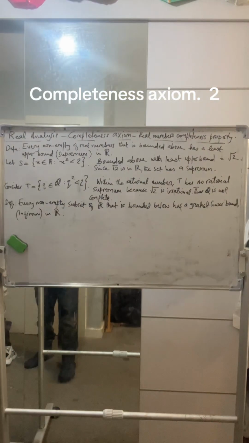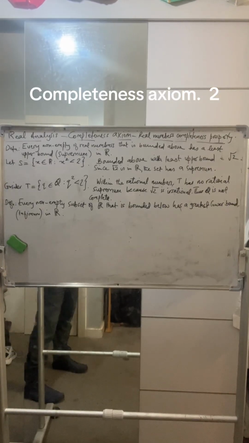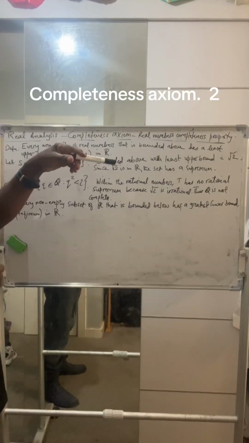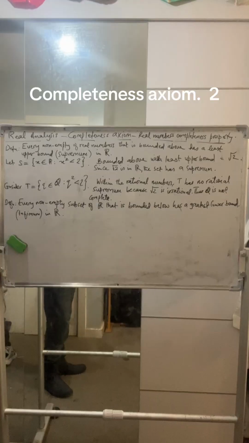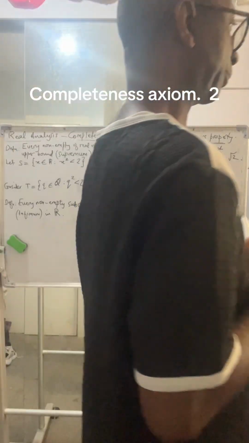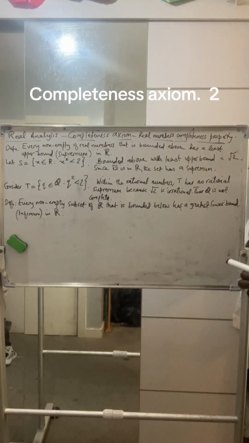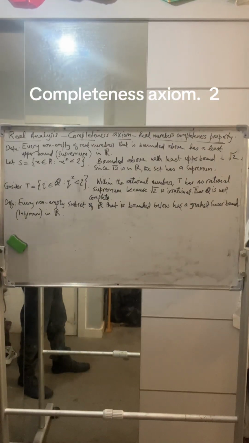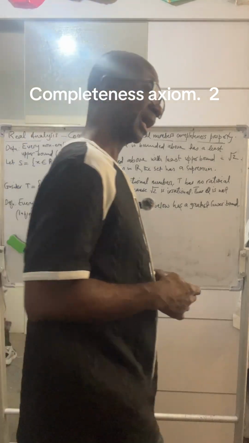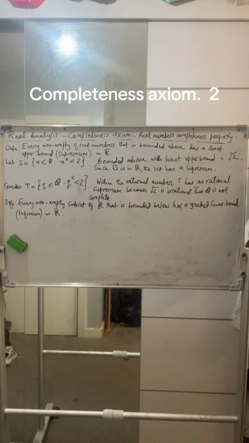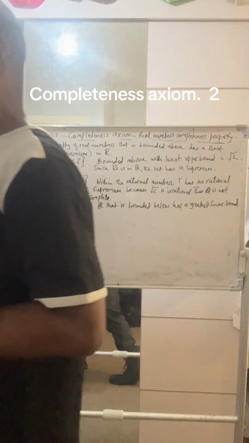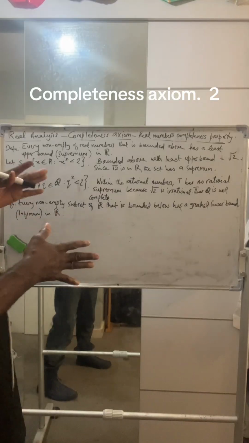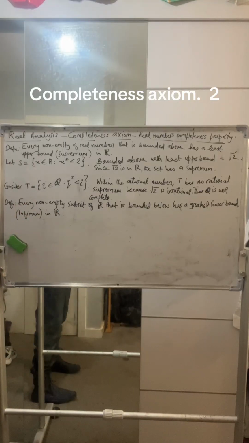This is our second video in looking at the completeness axiom. That's the real numbers completeness property. This is a property of real numbers. Completeness is a property of real numbers because when you look at other numbers that we have, they are not complete. They have gaps in them. We have covered that topic earlier on, but along the way, we will give examples to explain that.